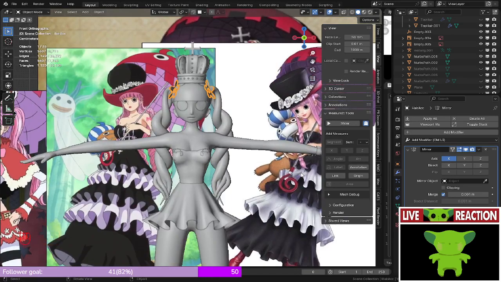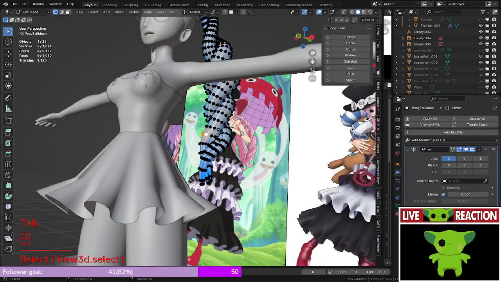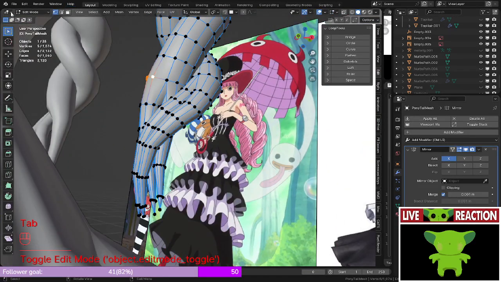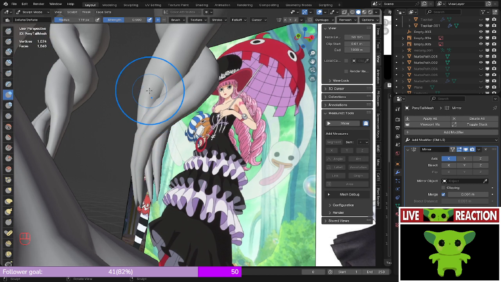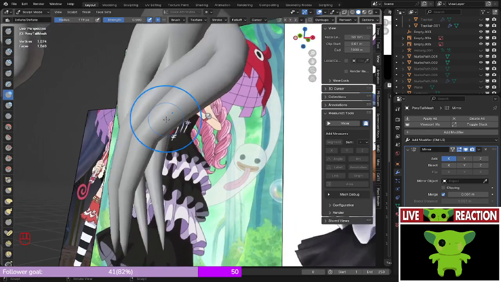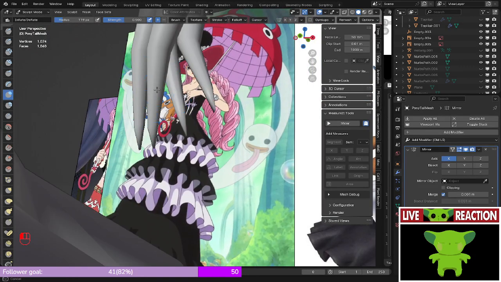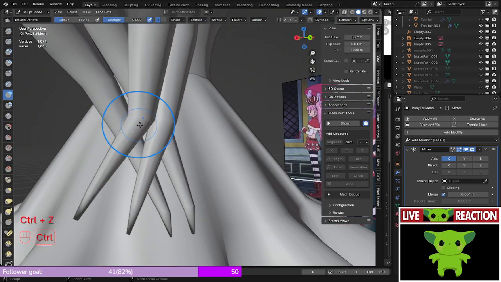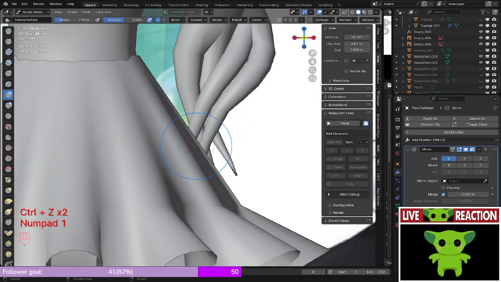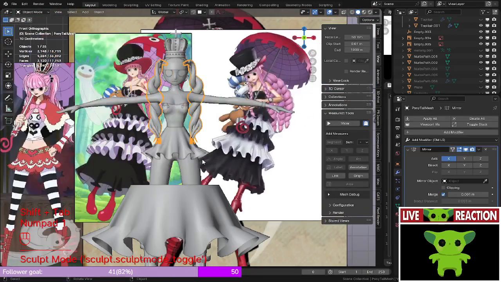I want to try something with the hair here. I saw a video of someone using the inflate, specifically on the tips of the hairs. Oh god, okay, interesting. Sorry, we'll look at that more later. But anyway,